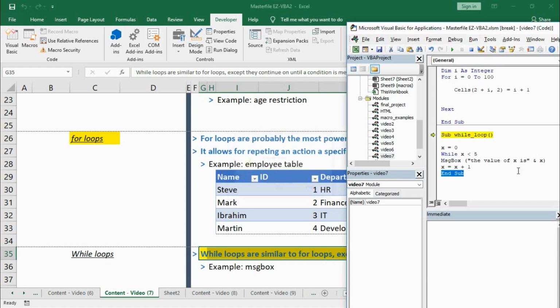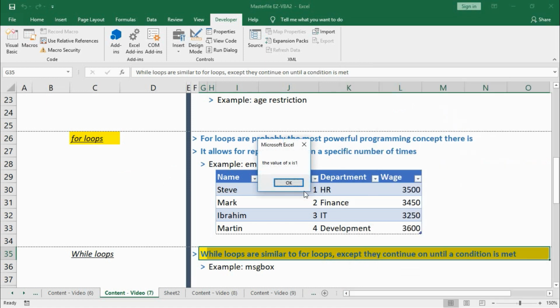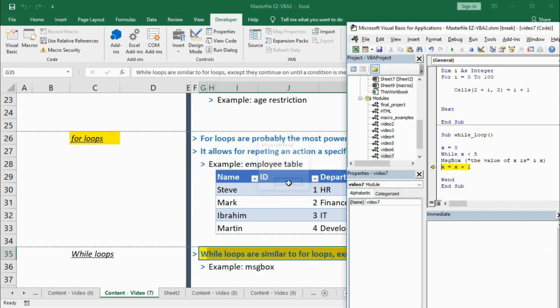Oh, good point. Just like for the for loop, where we start with for and we end with next, we have to do the same here. We start with while, but we end with wend. This should run. Stepping through the code, x equals 0, message box, alright, 0, and we go again, 1, 2,